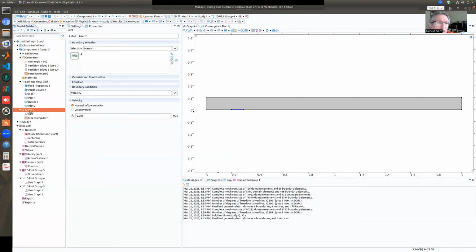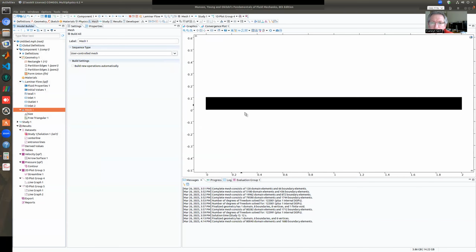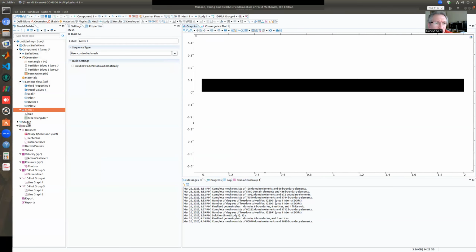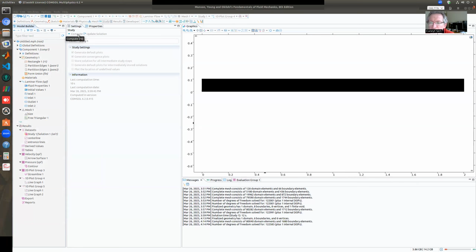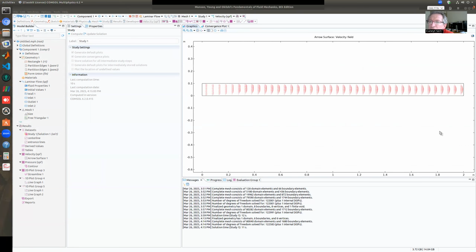And then what is the mesh? Let's have a look at the mesh. Let's generate it. And the mesh is, come on, show me a mesh. Oh, very, very fine mesh. Very, very fine. That's okay. Be it fine. My solutions are fast. And then I will say compute. So let's see whether it will be a converging solution or what. We will see. So let's see the convergence plot. Yeah, it's nice and dropping. I think everything is fine. We will get a nice solution.